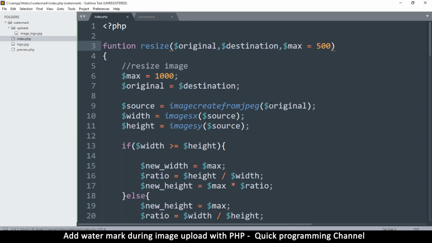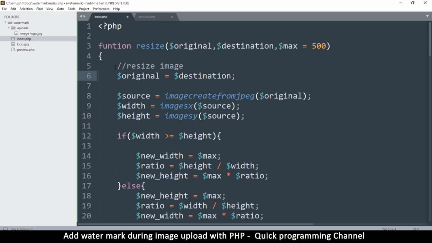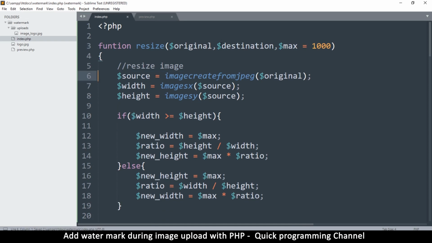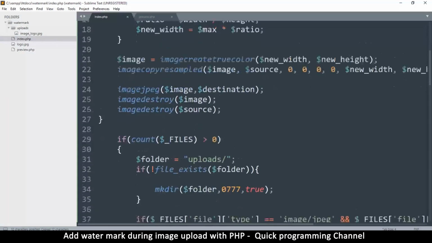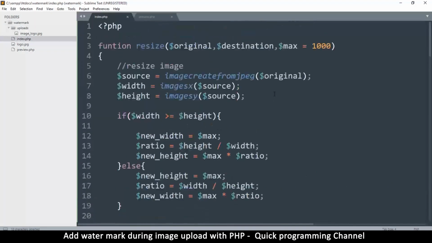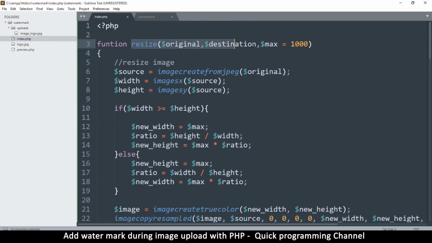Okay. So once we do that, then max is no longer required here. And you can put it at 1000 as the default. That's entirely up to you. Maybe let's do that. 1000 is more reasonable. And then original, let's remove all that. No need. The destination is the place where we're going to save the file, so I'll replace that. Okay, it's already there, which is good. Source. Okay, so we are good to go. So let me copy that,